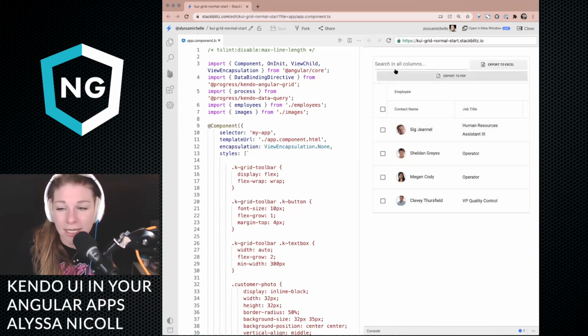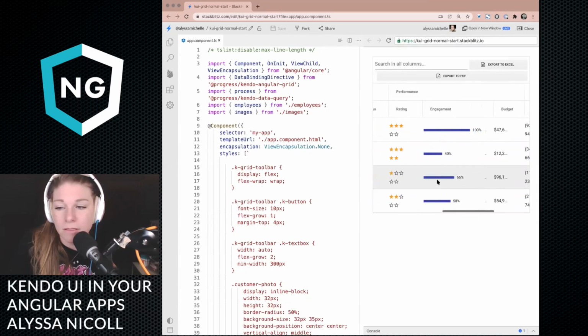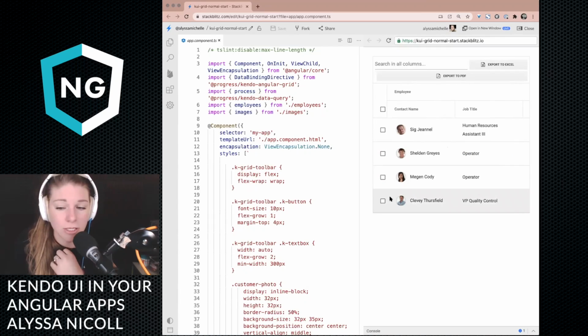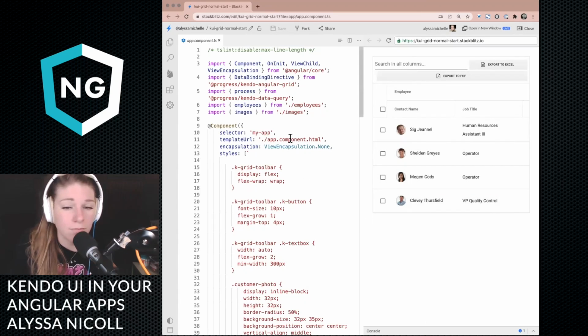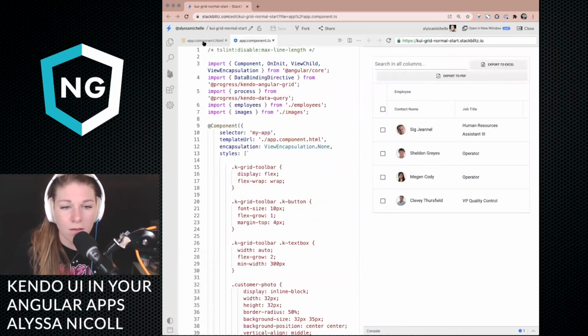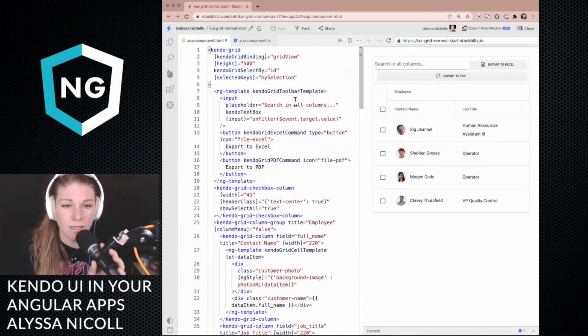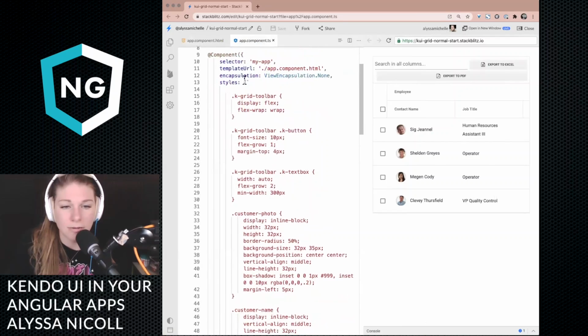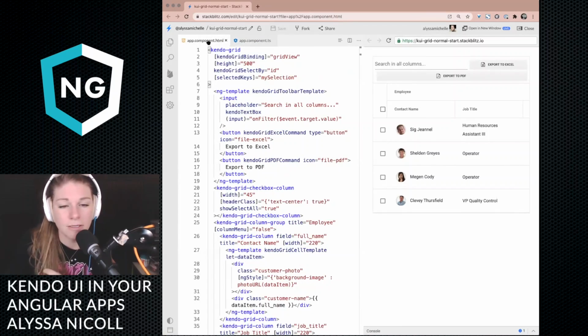Okay, so this grid, as you can see, we've got a lot of horizontal things happening. I don't have a lot of screen space. There's not much we can do about that, but we could show more vertically. And so one of the first things, I'm going to open up our TypeScript and our HTML. I moved the stuff in the HTML out, but I did not have time to move the CSS out. So I apologize for all of you separatists out there. I don't even know if that's what you call it.